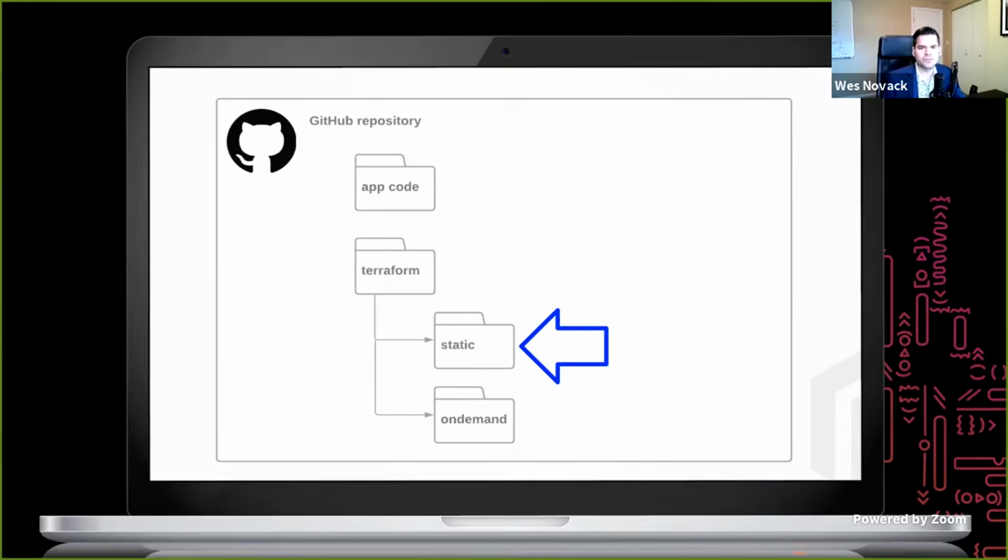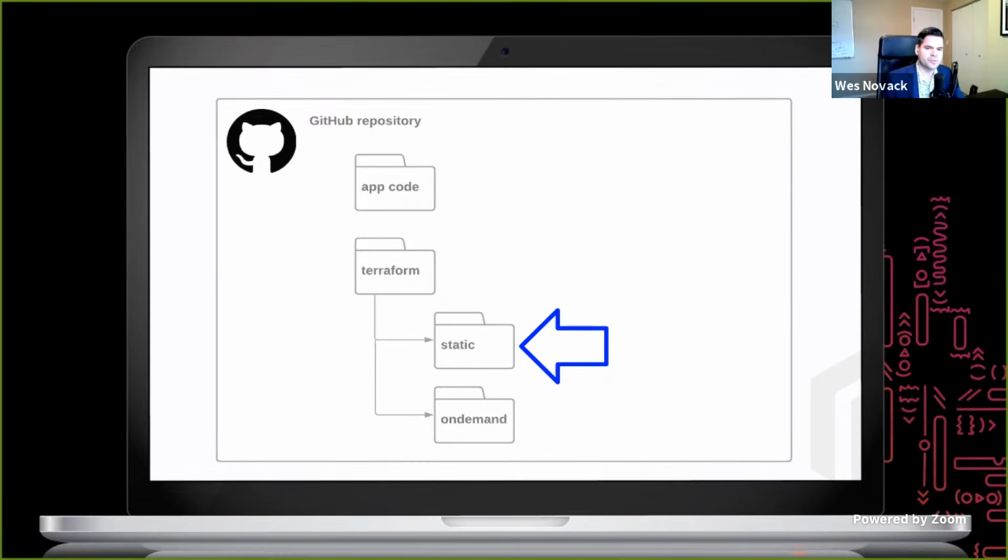So you can see under Terraform, we have two subdirectories. We have one we name static. As we were exploring this space and figuring out how to architect this, we quickly found that we didn't want to put everything inside of our on-demand Terraform scope, which is the location where we define those ephemeral objects that we spin up and spin down with every run of our pipeline. So we came up with this concept of a static directory that is a long-lived directory in terms of the cloud objects that it creates.